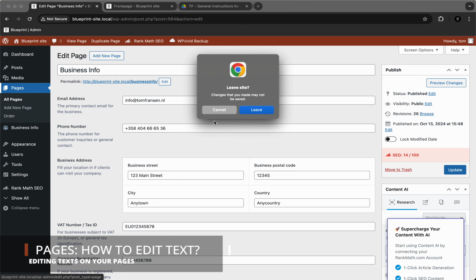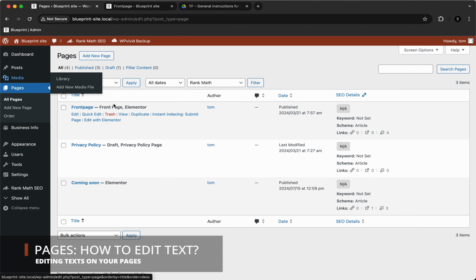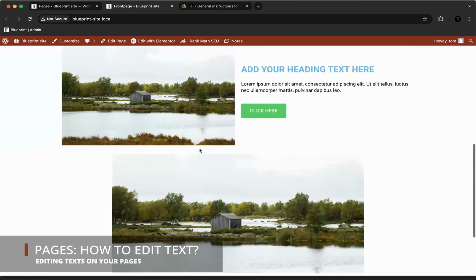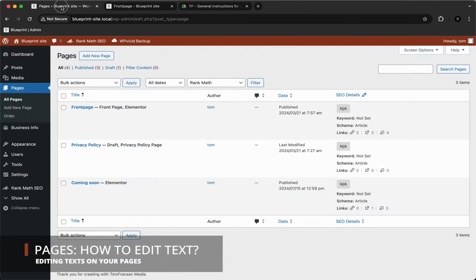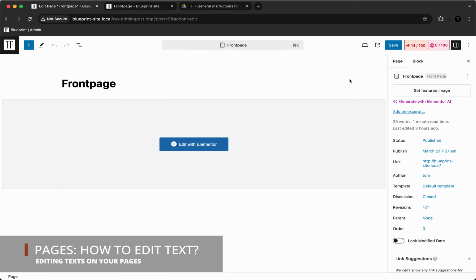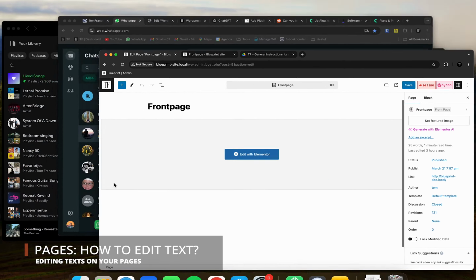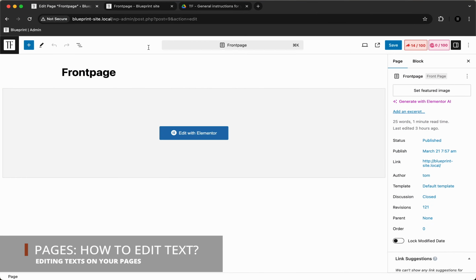Okay, so then we can go to pages. And I'm gonna show you how you can edit a page. So let's say we want to change some text here. We're gonna do that right now. So you can go to the page which you want to edit, for example, the home page or front page in my example. So you click on edit, and then you will not see any text here. You will just see front page and then edit with Elementor. So you can click on there, edit with Elementor,